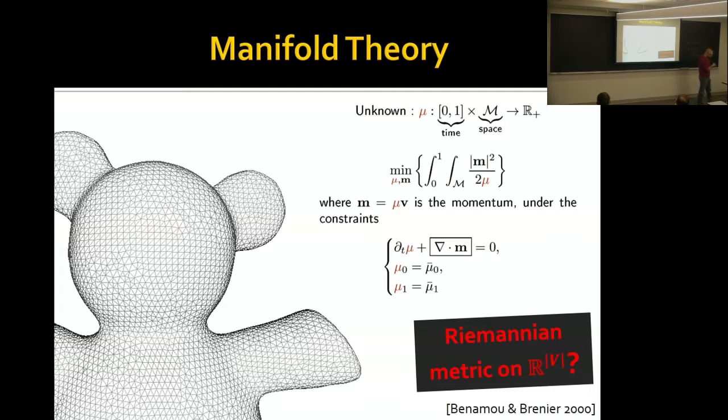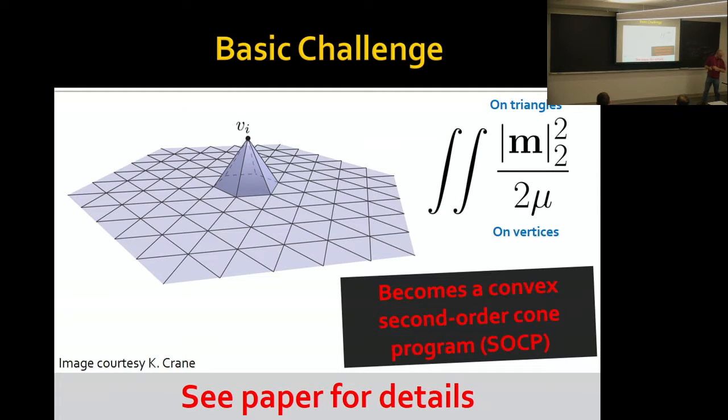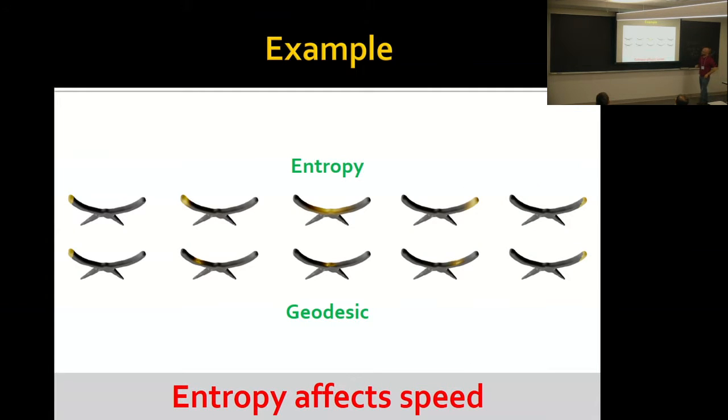And so based on that observation, what we worked on was a structure-preserving discretization of this kind of problem on a triangulated surface. In other words, if what I want is a way to solve this on a triangle mesh, but still having a convex problem and a triangle inequality, it's a little bit tricky because we're trying to solve a PDE where we have a discrete set of variables. It turns out that you can do that if you're extremely careful about how you set up your problem. The basic takeaway is that this interpolant has much better behavior than that entropy method that I showed you before.